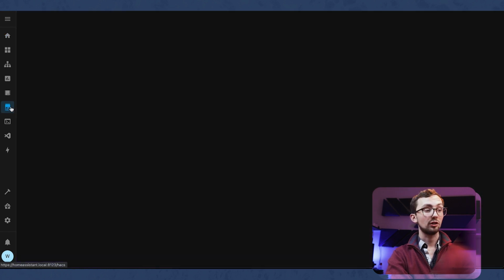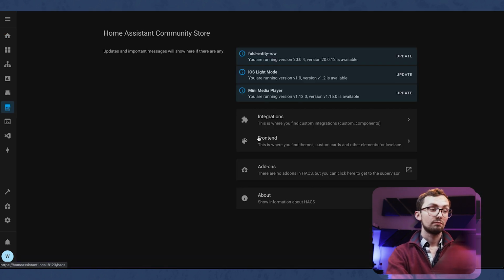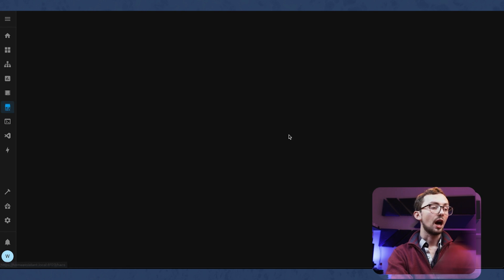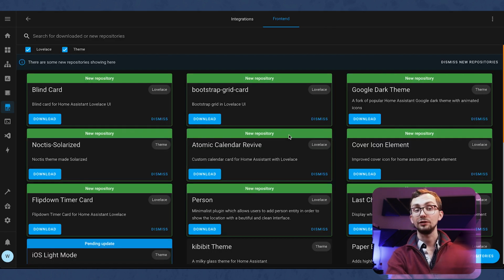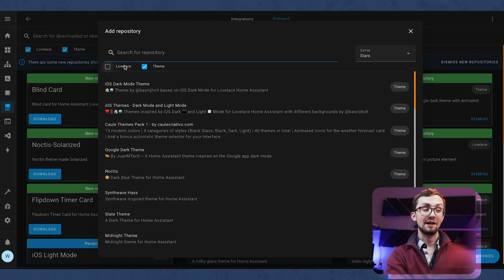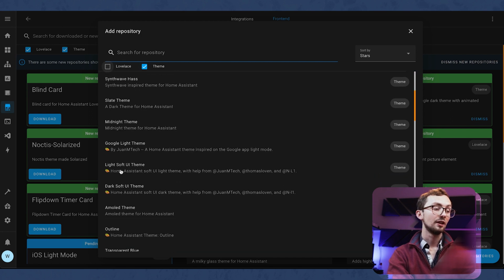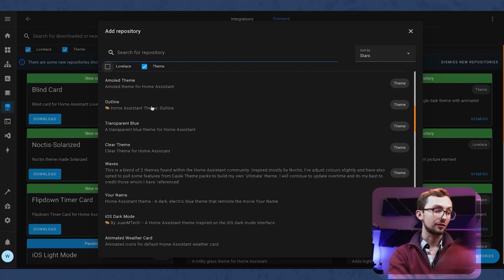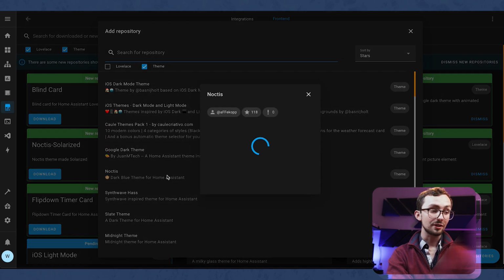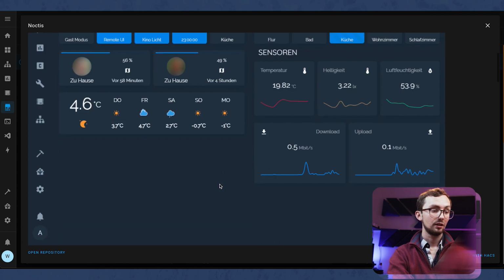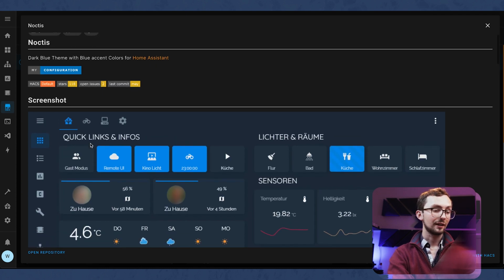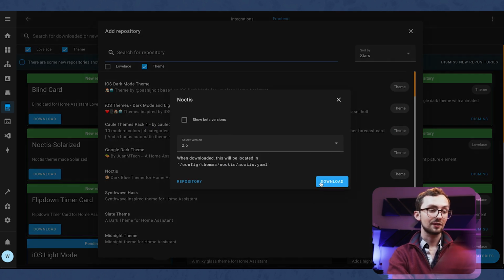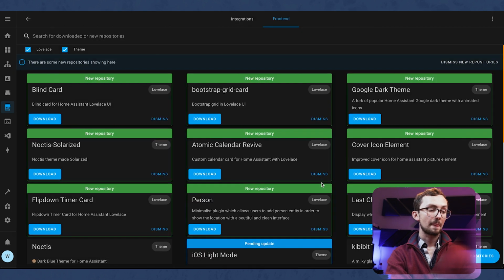So, themes, where do we get them from? Well, most of them come from the HACS store. I know, shouldn't say that. So I've done a video before on how to download and install HACS. And obviously, HACS has got integrations, Lovelace cards, and themes. So if we just select our themes in the front end, then we can choose some themes. So if we wanted a theme, for example, Noctis, sounds quite fun. Oh, it looks quite nice as well. Then we can download this repository in HACS, download it,